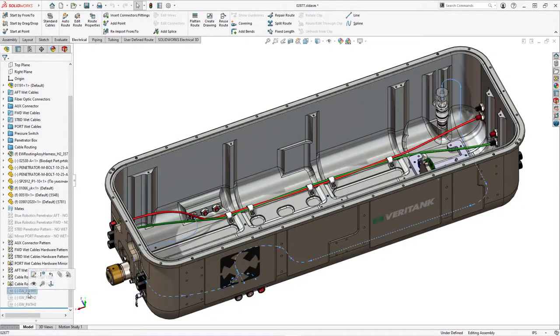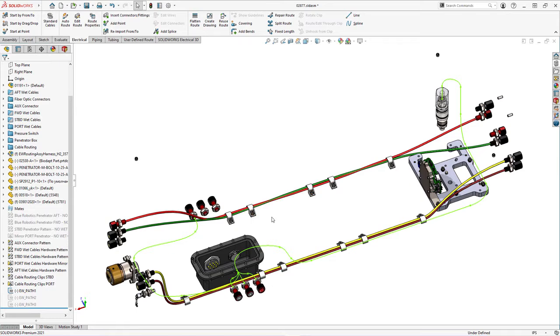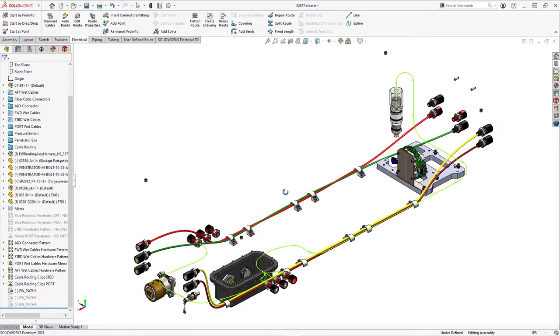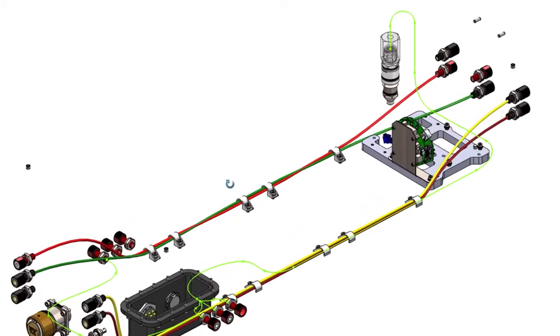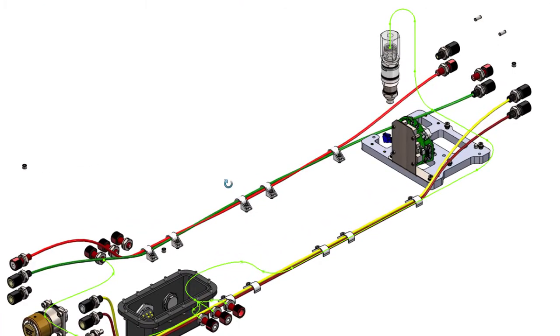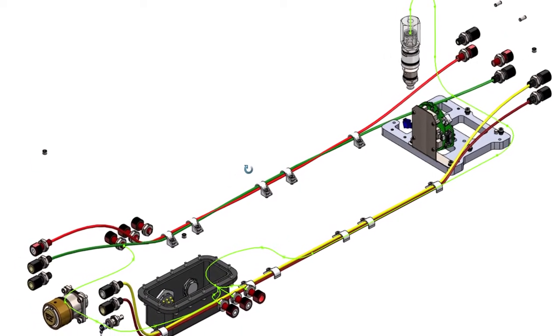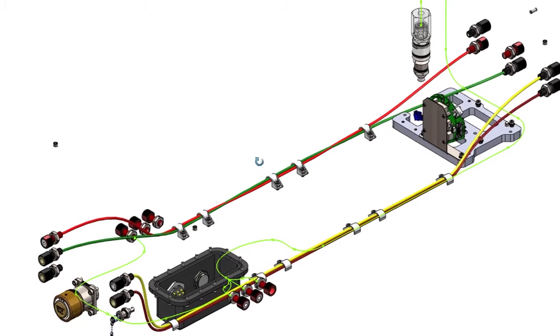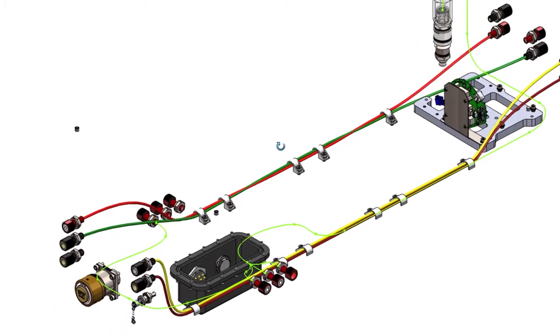If everything we design only was a square or rectangular shape, we will never need to use splines. In the electrical world, the path of electrical wiring and harnessing can take many forms, including lines and splines. In SOLIDWORKS Electrical 2021, we enhanced route harness functionality to now support the use of both splines and lines to create route paths. We created routing path using both splines and lines for the harness that connects the transducer to